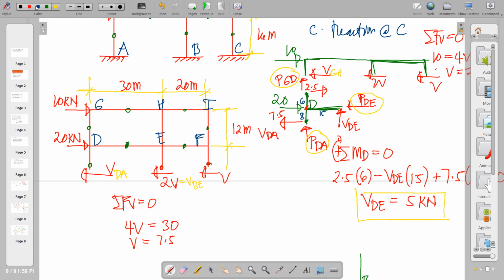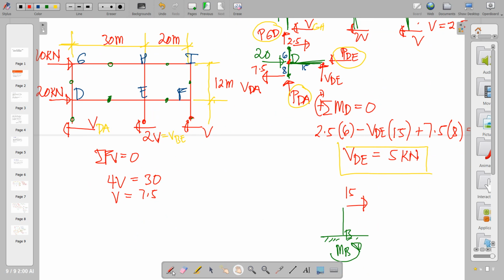Okay, that is leftwards, and when transferred here, it should be rightwards. This is 15, and of course if we have to place here P BE,